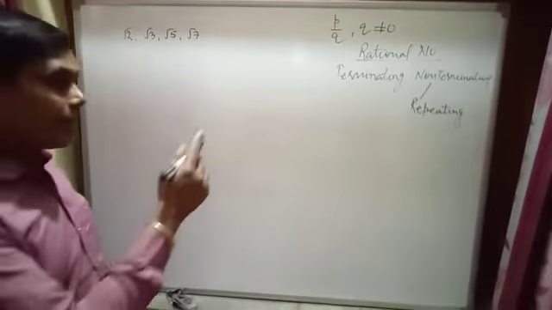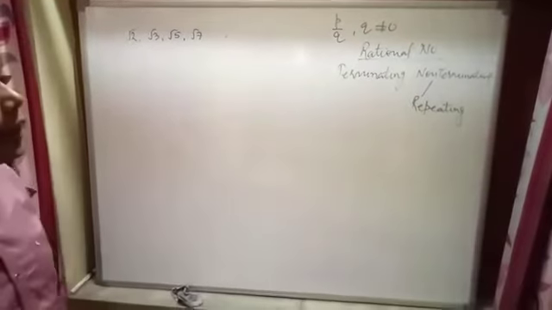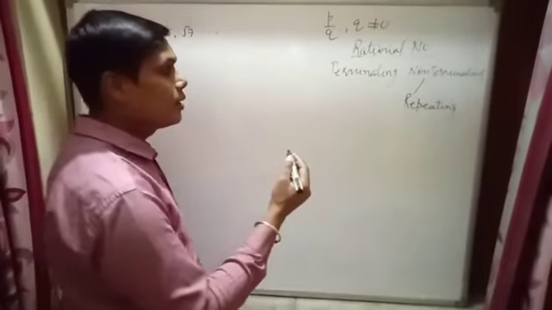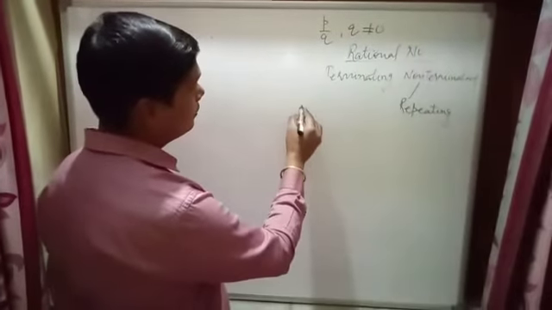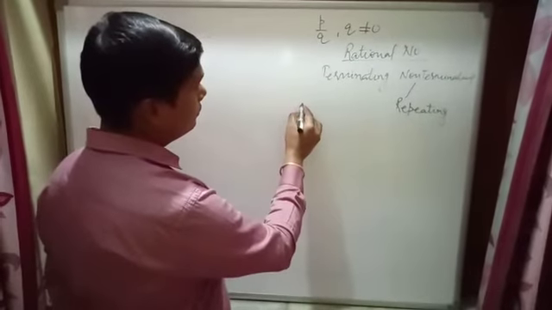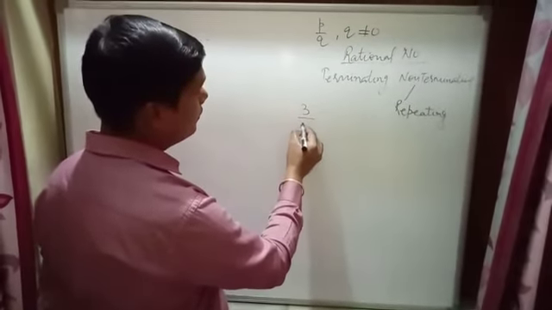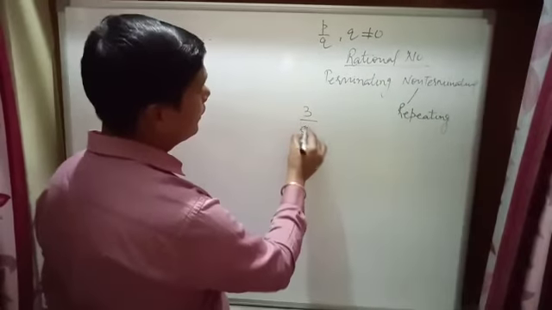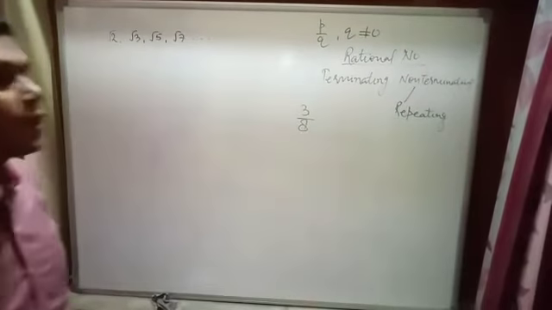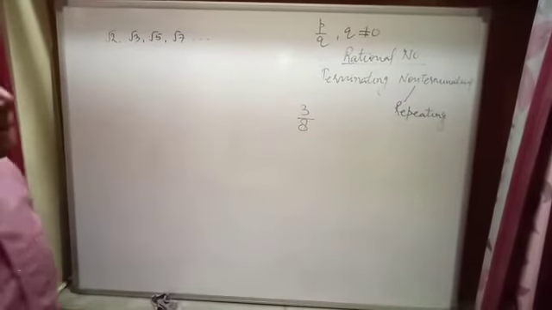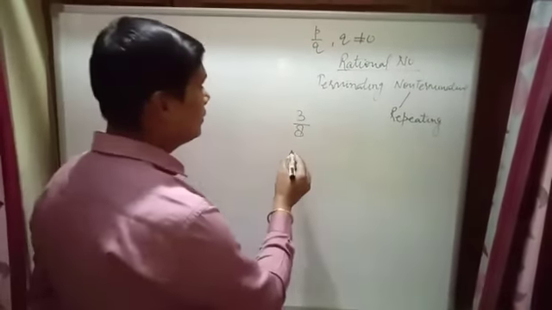Firstly, we are taking terminating terms. Terminating means, suppose 3 by 8. We have taken 3 by 8. 3 by 8 means